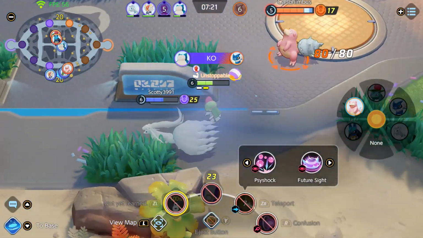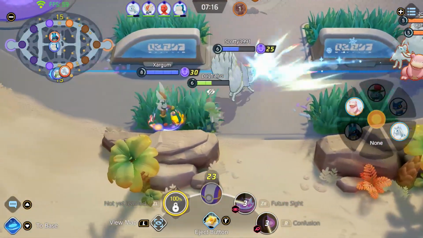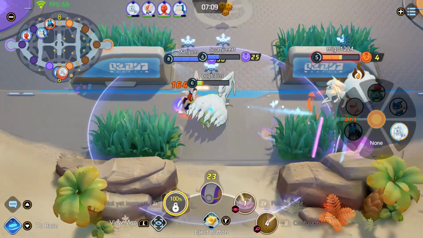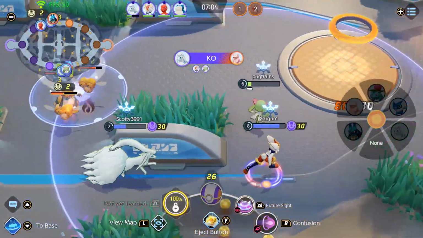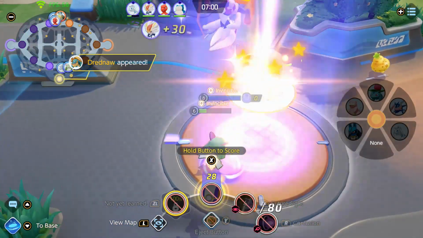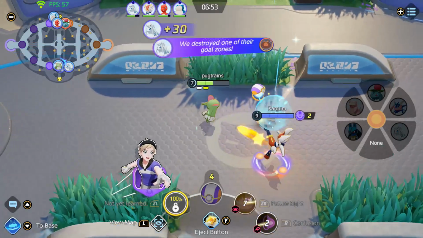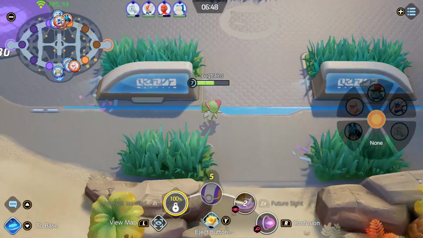So the top and bottom, again, the game doesn't have a meta yet. So what I'm saying is just based on my experience. But for the top and bottom, there is usually a support Pokemon and there is an offensive Pokemon. The support Pokemon could be something like Snorlax or Slowbro that either heals, crowd controls, or is able to put pressure on the enemy team or protect their allies, whereas the offensive Pokemon is just there to